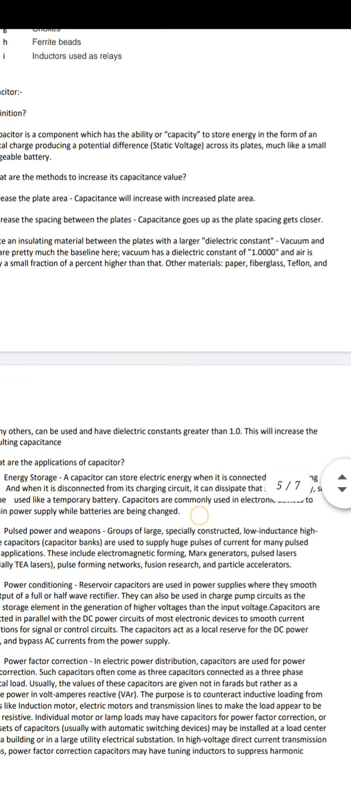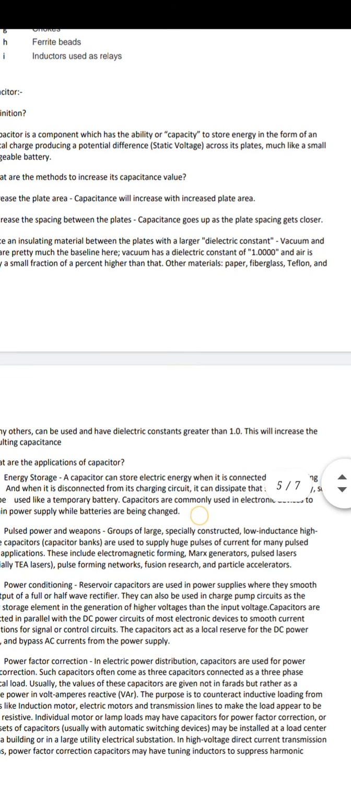The last application is power factor correction. Power factor correction capacitors are connected as three capacitors connected as an electric load. Usually the value of the capacitor is given not in farads, but as a reactive power in volt-amperes reactive. The purpose is to counteract the load from mainly resistive